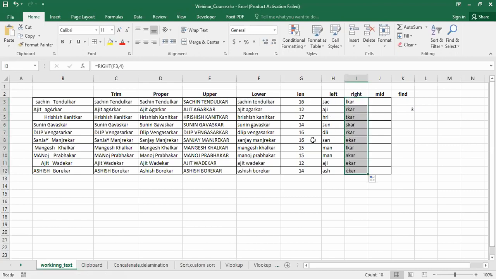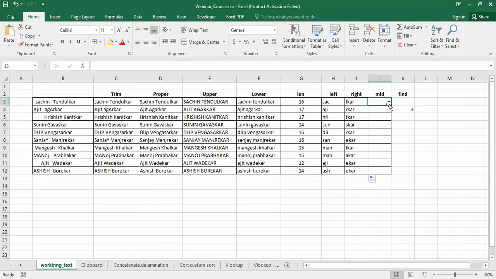So why is this important? Sometimes we have to hide some part of the name. Like Sachin Tendulkar is there, but I want to show only SAC and LKAR. The person who knows Sachin Tendulkar only can recognize the name. So what I will do, I will put this LEFT here, RIGHT here. Then I will combine both of them into a single one and put some star marks in between them to hide a certain part, right? So for that, this can be used.